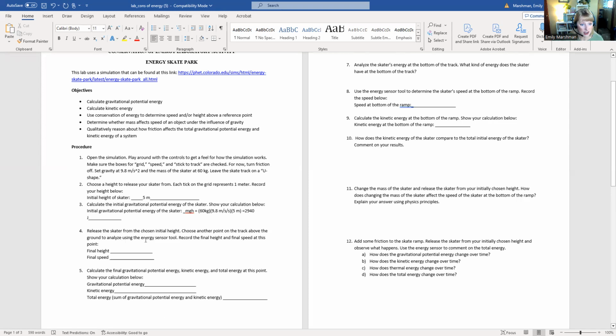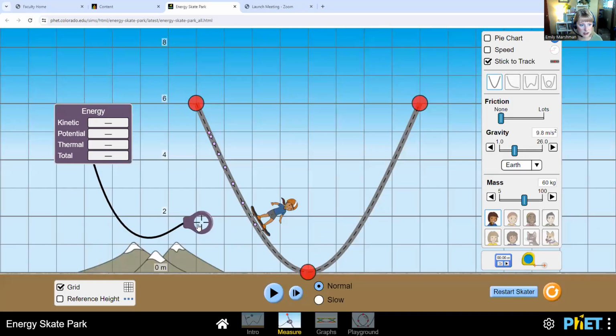So let's choose another. Question 4 says choose another point on the track and analyze it using the energy sensor tool. Record the final height and final speed at this point and calculate the gravitational potential energy, kinetic energy, and the total energy. Okay, so I'm just going to pause her at a random point. So right here,